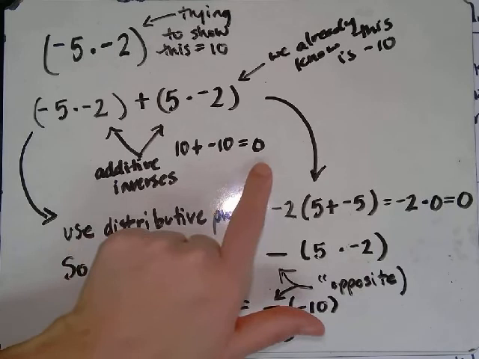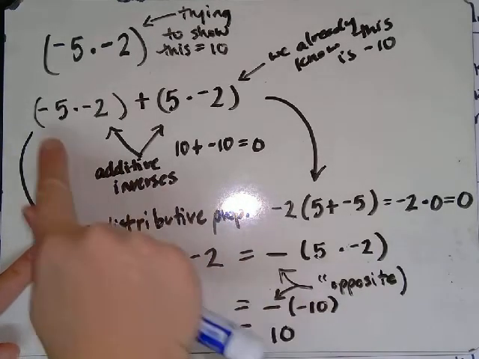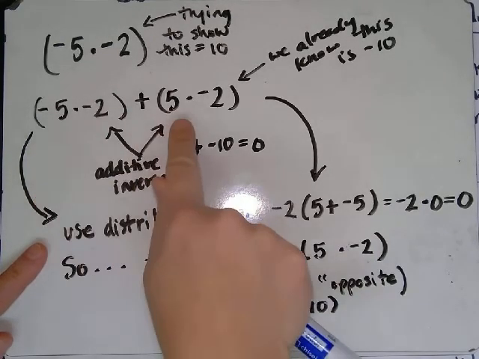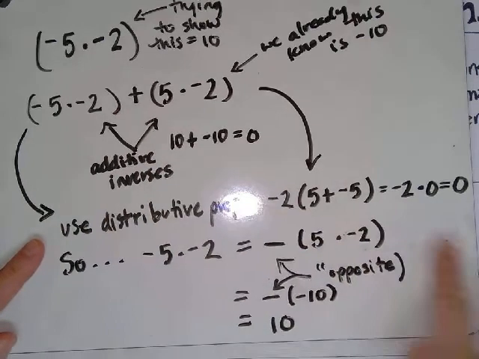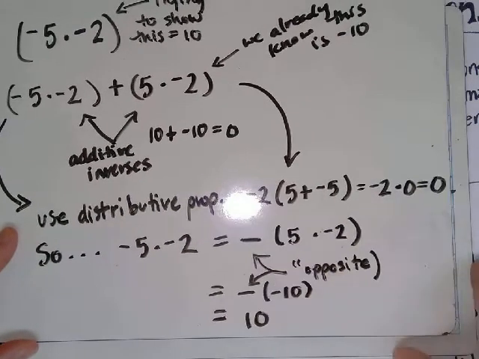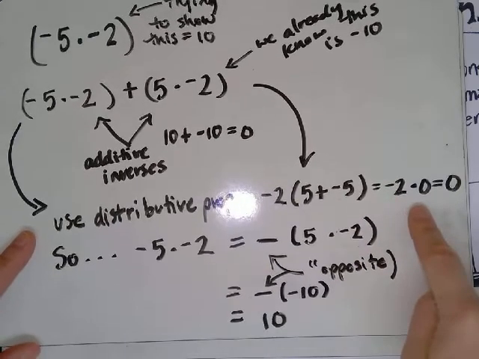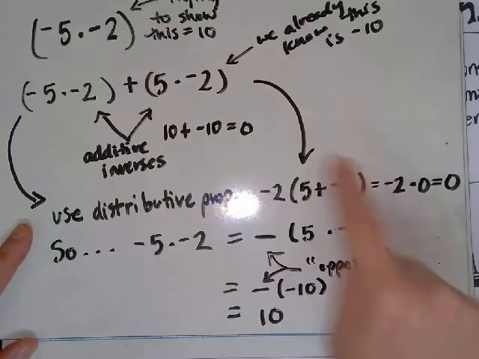So in order to show that that does equal 0, let's use the distributive property. And we know that -5 times -2 plus 5 times -2, we can rewrite as -2 times the quantity 5 plus -5, which, as you can see, would be -2 times 0, which would be 0. So yeah, those are